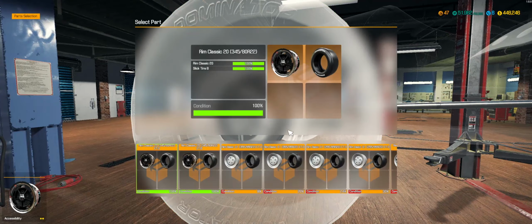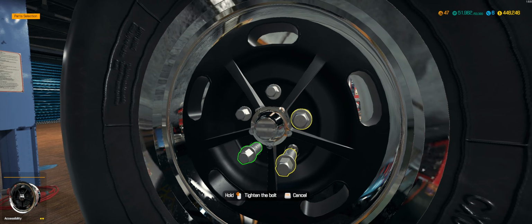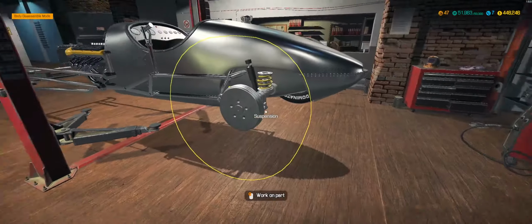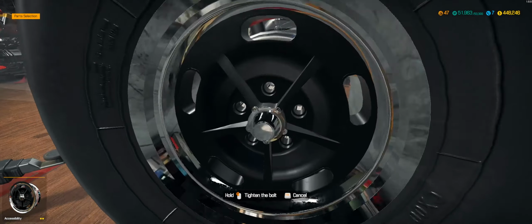The rear ones that I have still 22 inch, 345, a little bit wider, and the profile is 80, so they're much more meaty. Look at that. Look at that tire. You could even go even wider if you really want to, but it's a big massive heavy tire already, so